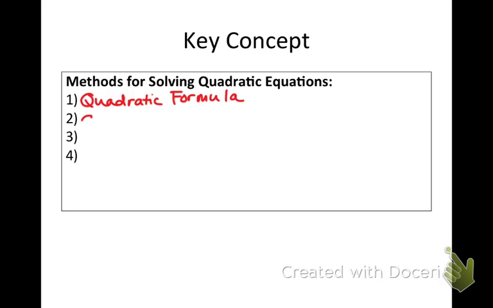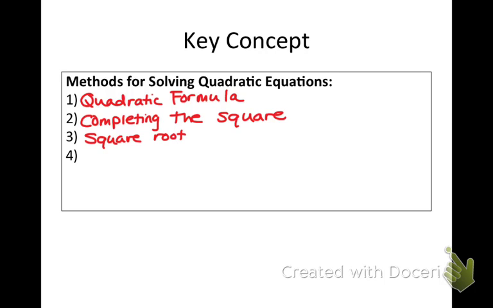Completing the square also works every time. Maybe just a little bit more tricky in practice as opposed to the quadratic formula. Okay. We can use the square root property, but that only works when I don't have a linear term, so we don't have a b, and I have an x squared that